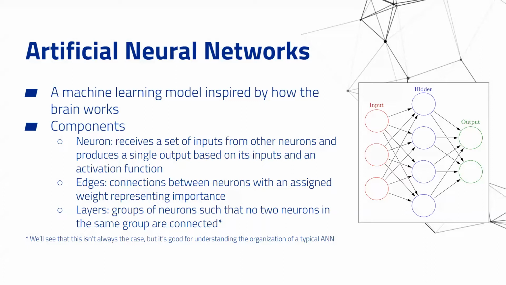Today we're going to specifically look at an algorithm in machine learning called artificial neural networks. By its name, you can already tell that it is related to our human brains, and it's analogous to our neurons.